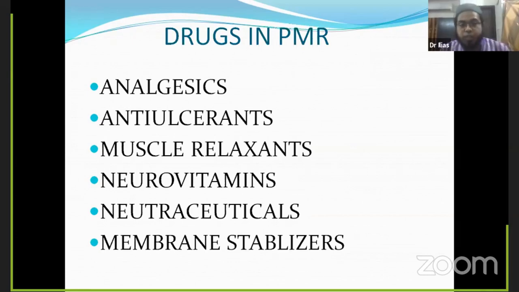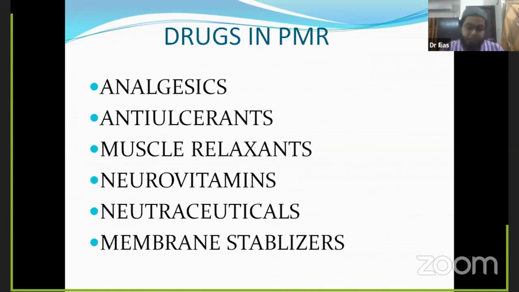If you think of the nutraceuticals, in the fifth part I mentioned the names of the nutraceuticals. Whenever the patient is having a degenerative process of the joints, ultimately the patient will have erosion of the cartilage. To counteract the further progression of the erosion of the cartilage, we must prescribe some drugs. These are called nutraceuticals. Among the nutraceuticals, we prescribe glucosamine sulfate, chondroitin sulfate, and sometimes calcium orotate also. And sometimes we prescribe prolotherapy in the form of ozone and dextrose. These are also helpful for nutraceutical activities.